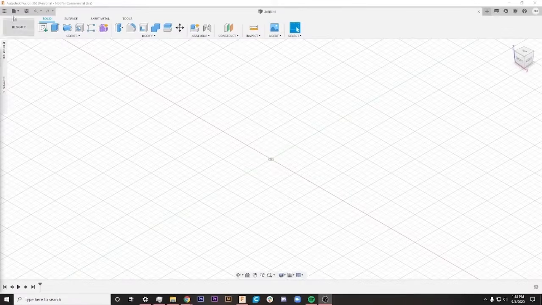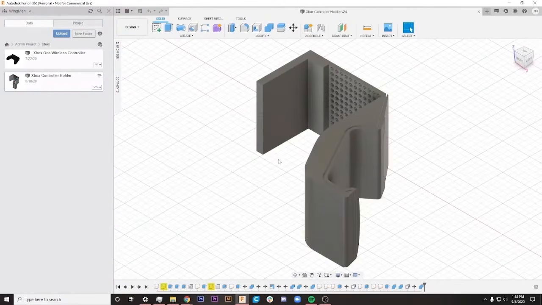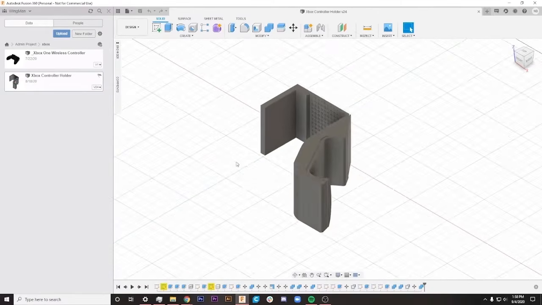All right, and the third and last software that I'm going to talk about in this video is Fusion 360, and this program I have been very quickly falling in love with because it is exactly that program that I was looking for. Like I said, in SketchUp, I learned that I'm looking for a CAD type software, and Fusion 360 is exactly that. I'm able to be as precise as I need to be,